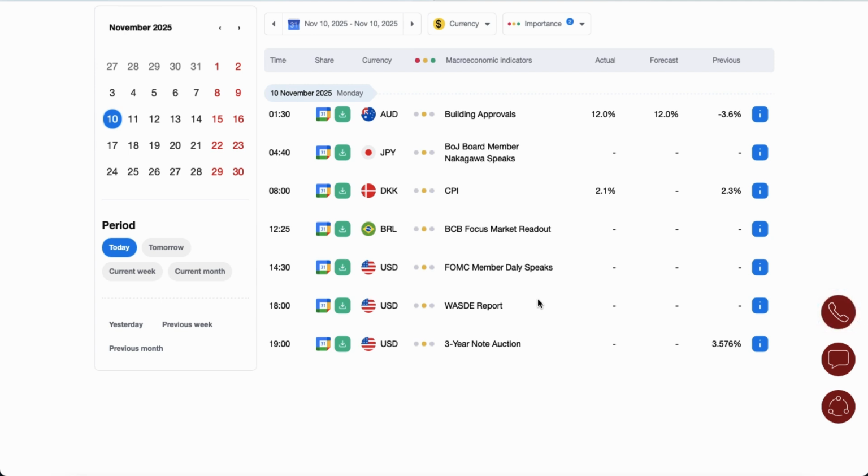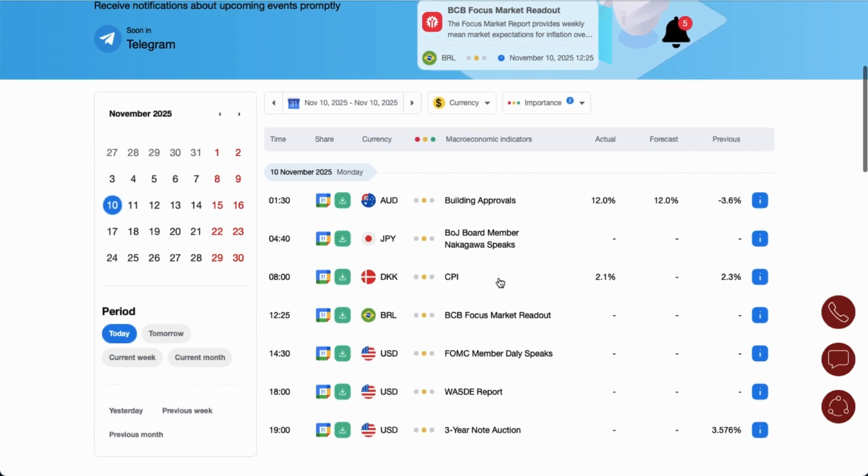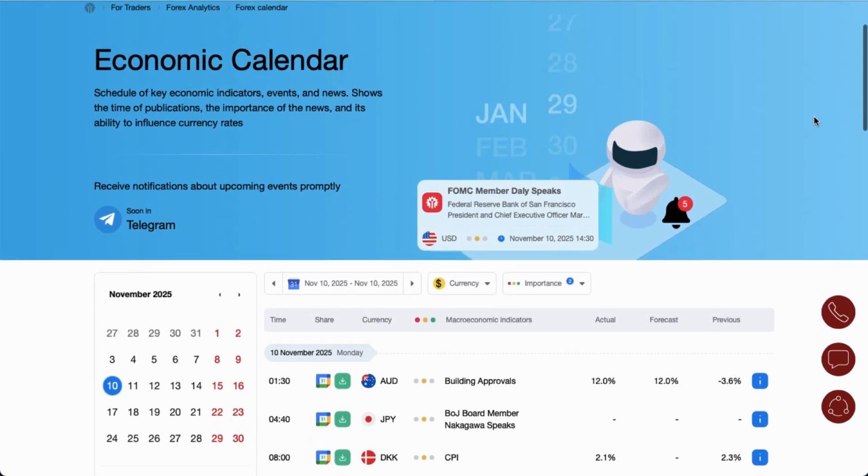During the US session, we got FOMC member Daly giving a speech at 2:30. We got the WASDE report at 6 o'clock, and at 7 o'clock we got the 3-year note auction. So it's a pretty light session ahead of us on November 10th, so not much to talk about in terms of the economic releases, which is why, without any further ado, we are going to switch to the technical part, and